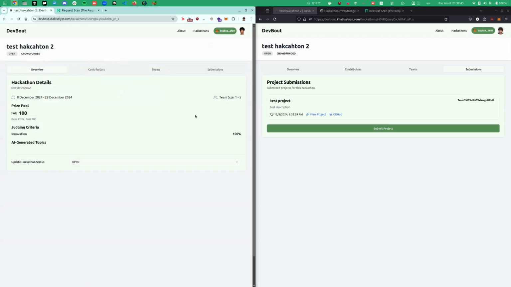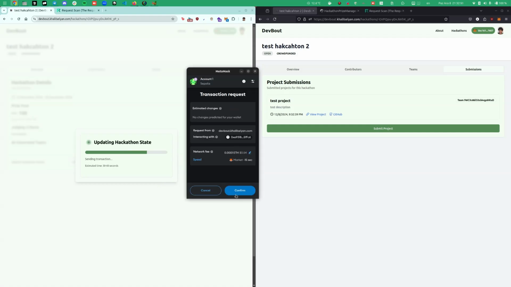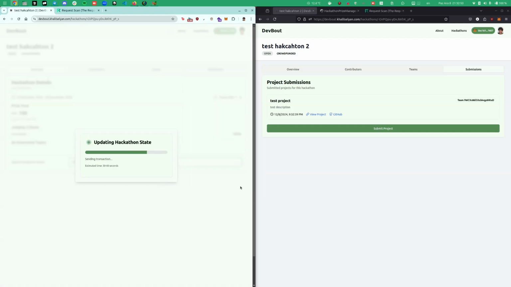We'll assume that there have been multiple teams, multiple submissions, so now we're gonna go to the judging phase. I skipped the ongoing phase as this is just a demo, but normally you would have to go to the ongoing phase to be able to submit anything. So then now we are setting the state to the judging phase so that nobody can submit anything anymore, and that as the creator we are allowed to select a winner,